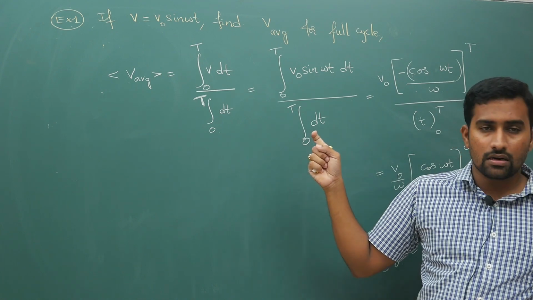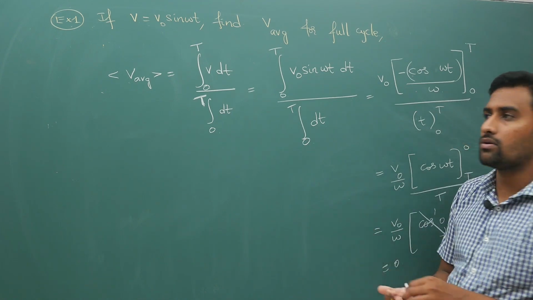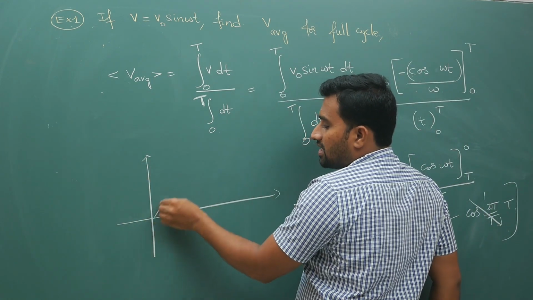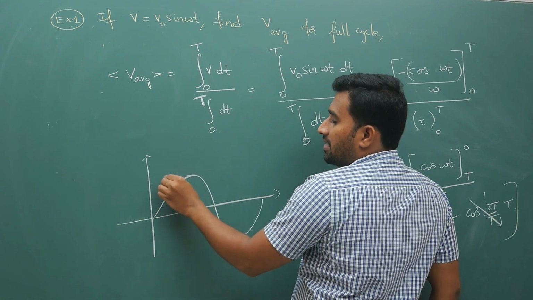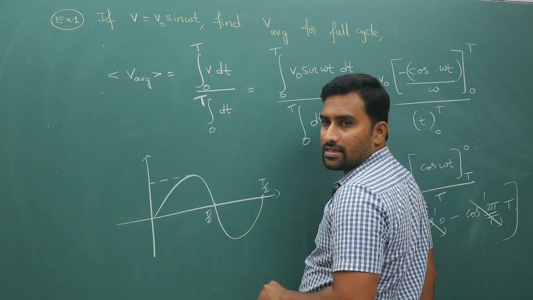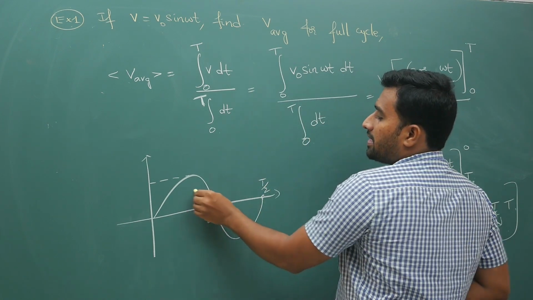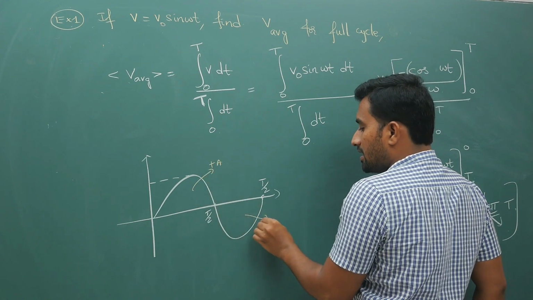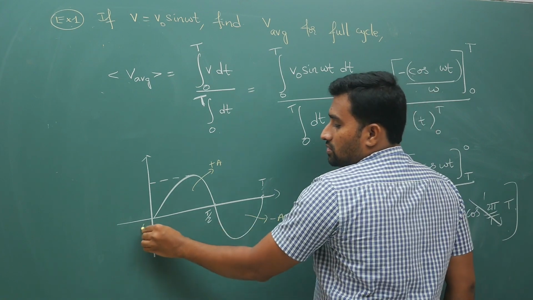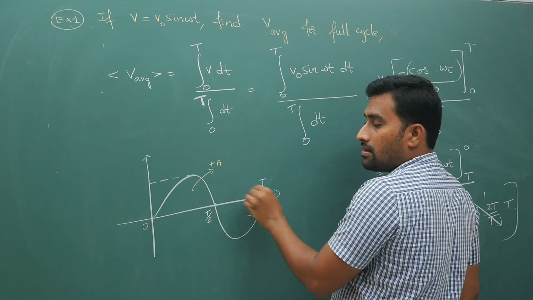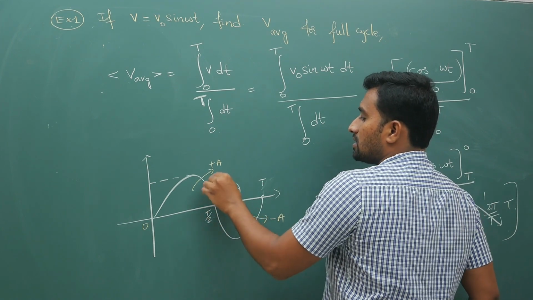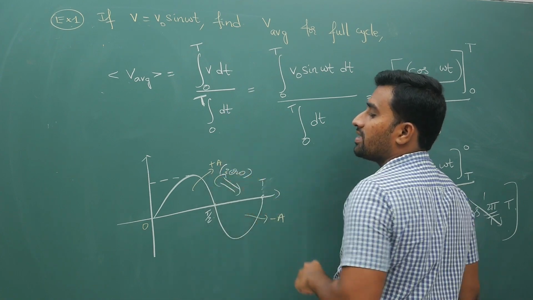Okay, right, if you are looking in terms of graph, what is going to happen is your integration will give you area. Now your sin omega t graph will start at 0, reaches some maximum point. For half cycle it is T by 2, and after T by 2 it will come like this. Now if this top area is plus A, bottom area is minus A, okay, so this is your total time T. Okay, so 0 to T by 2, T by 2 to T, plus A minus A will cancel off, your resultant is 0. 0 is your final answer.